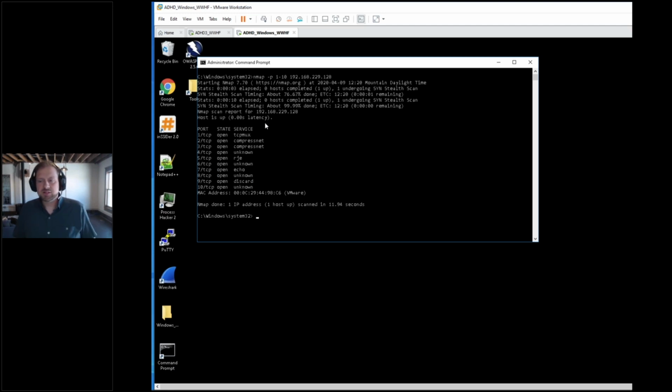There we go. So now Nmap comes back, and it says that these ports are open, right? It says port 1 is TCP MUX, and we've got compressed net, unknown, RJE, echo, discard. But here's the deal. Nmap didn't actually interrogate these ports. So it's guessing that the services are like TCP mux and